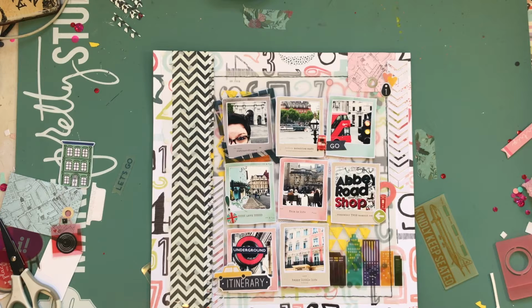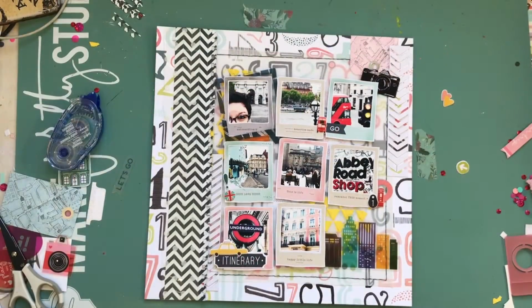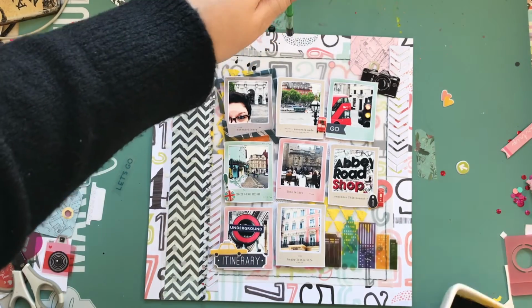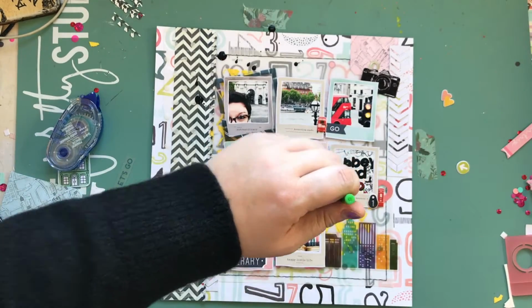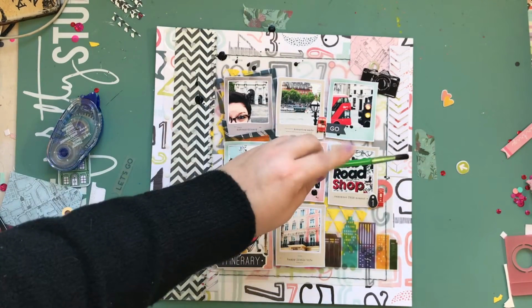So besides the title, the last thing I did was put some big black splatters on. And I did my usual where I watered down, oh yeah, I keep trying to put this black camera in. I do eventually put it somewhere. So black watered down paint in nice big splatters. And I do get a little impatient and start flicking it, and I wish I'd stop doing that because when I do, it makes lines and I don't really like how that looks. But yeah, anyway,